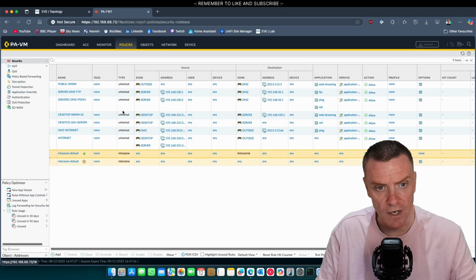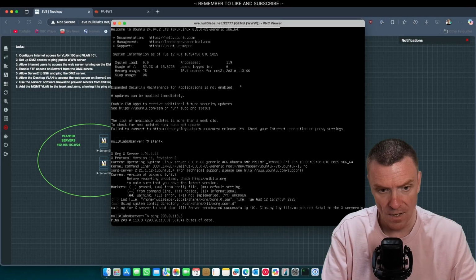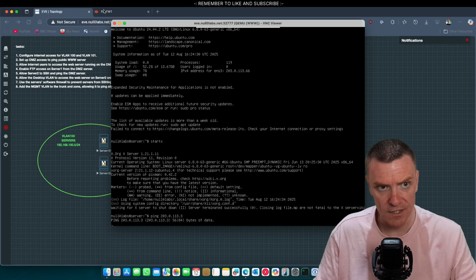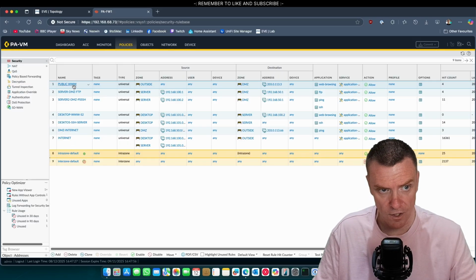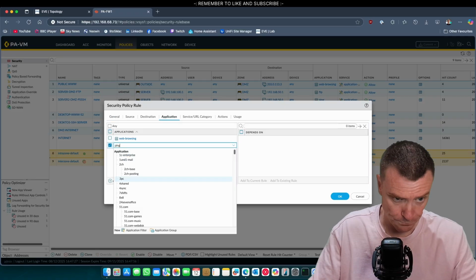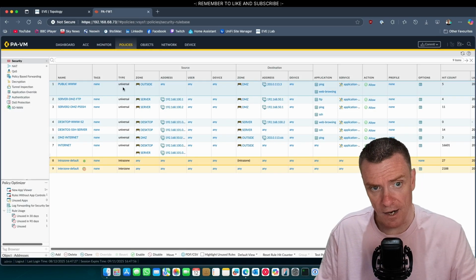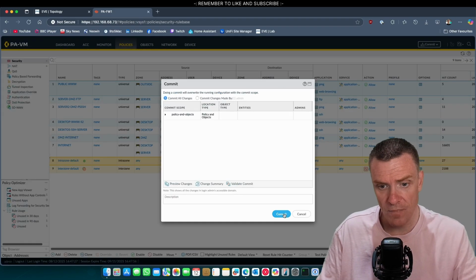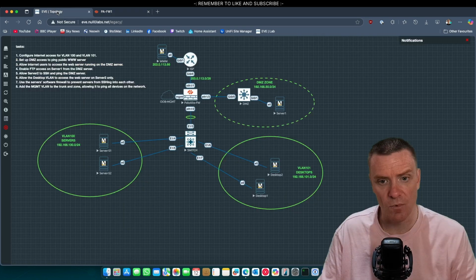If we look at our security policy, nothing's changed on our security policy. We're still allowing this IP address, but we're only allowing the web service anyway. You can see we can't ping that address, but we are NATing everything through. So technically we could select this and we could say we're going to allow ping also. Not that you'd really want to, but we could allow it. And then we can now also ping to that public IP address, and it will come through to this internal IP address, because what we're doing now is